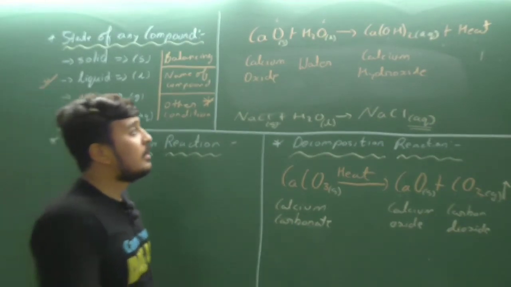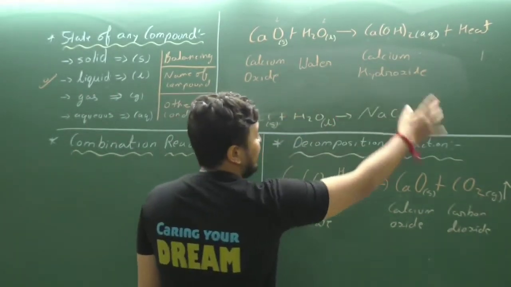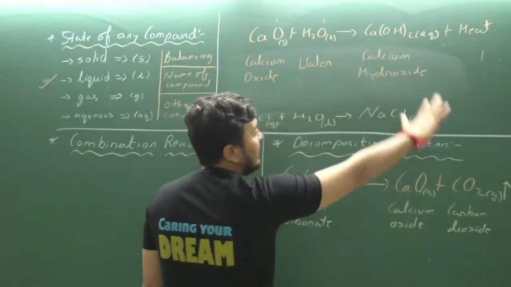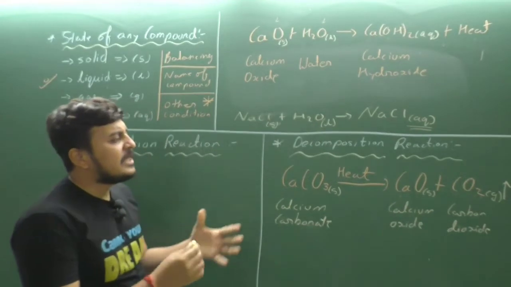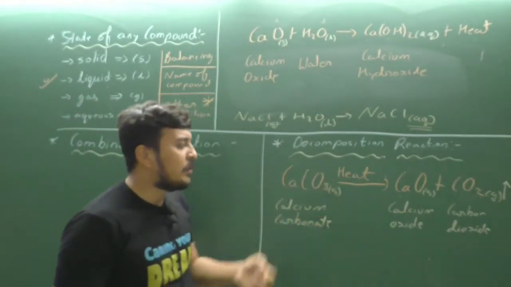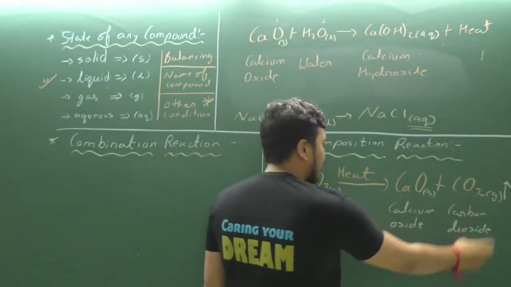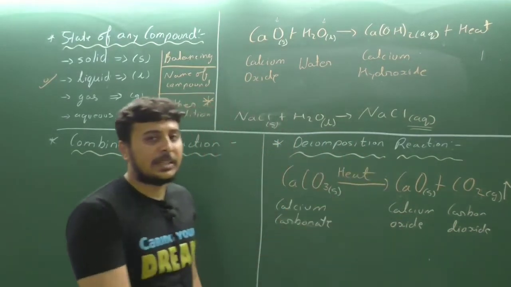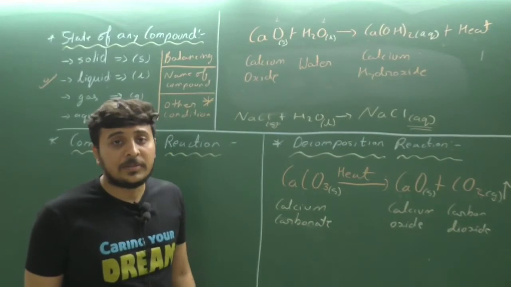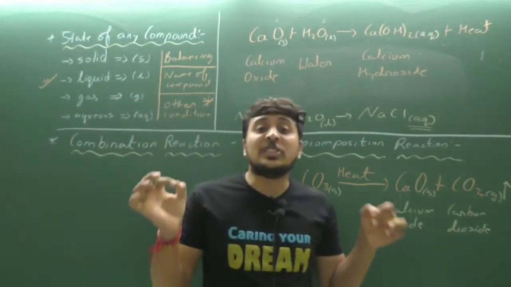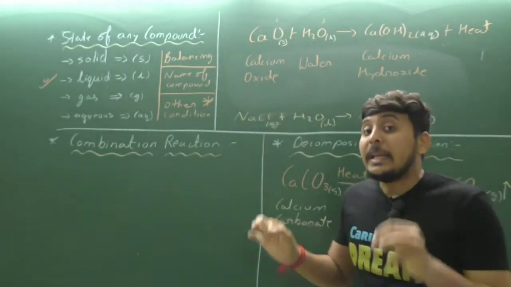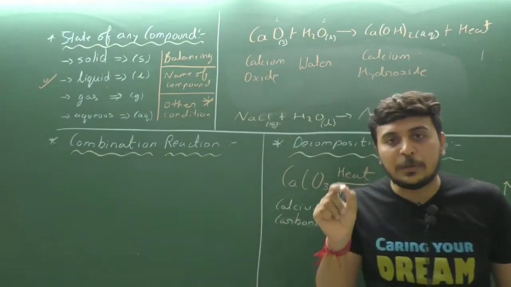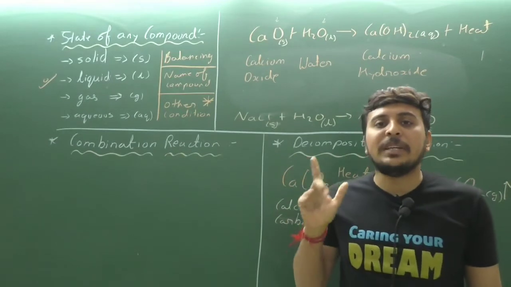Quite simple. Clear? So here we had a combination reaction and a decomposition reaction, and we have written the equations in detail. Each and every equation has this minor information in it: solid in state, gaseous in state, name of the compound, conditions mentioned, balancing done. Then it is quite simple. Clear? This much information should be there in each and every equation.